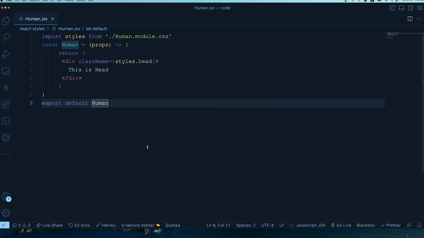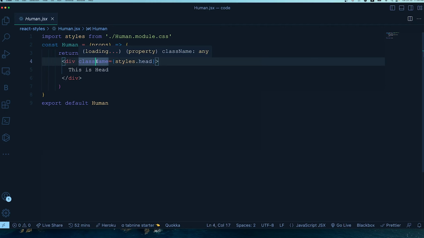For example, here I have a component called Human, and for that I have created a module. If you want to create a CSS module, you have to use .module.css as an extension. So for the Human component, there's a Human.module.css, and inside Human.module.css I have a bunch of styles declared, and you can import them using this particular object notation structure. All the styles defined in Human.module.css will be accessible through this styles object. So once you do styles.head, it means that this module.css has a style called head, and you're calling that and setting it into a className.